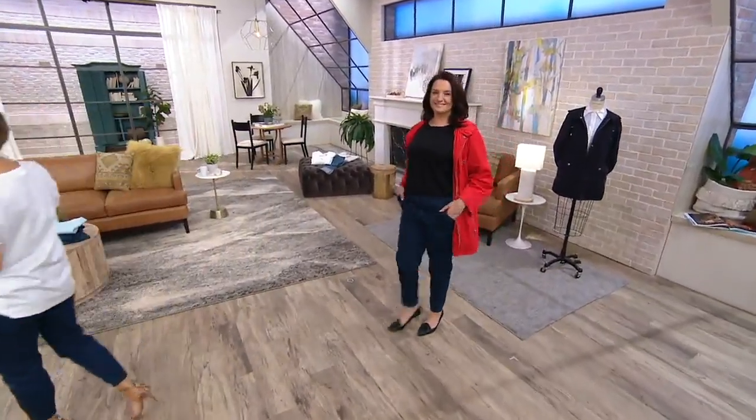So listen, I'm not the only one mesmerized by this jacket. You ladies just asked, and I don't know what that jacket is, so we're going to bring it back, and here's why. It was